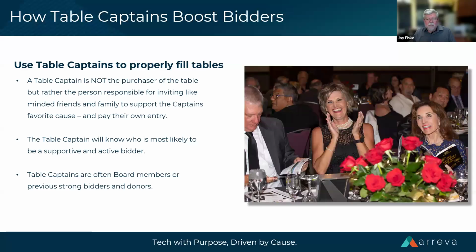They don't have to buy the table. This is a big differentiator. These are not people that have bought a table. These are people that have agreed to come to the event. They're going to buy an individual ticket, but because they're big supporters of our organization, we've asked them if they would fill a